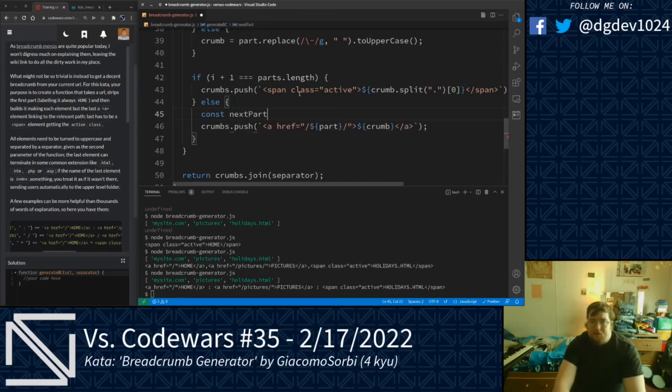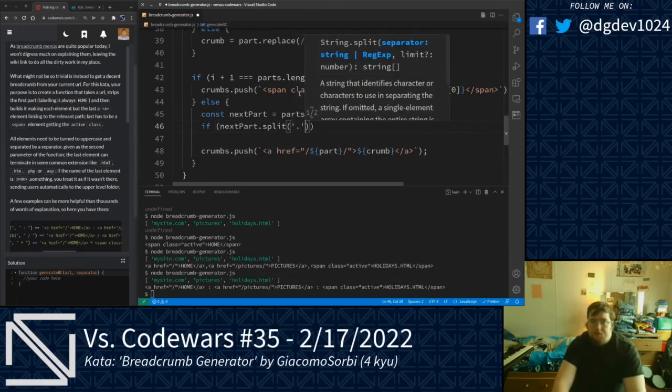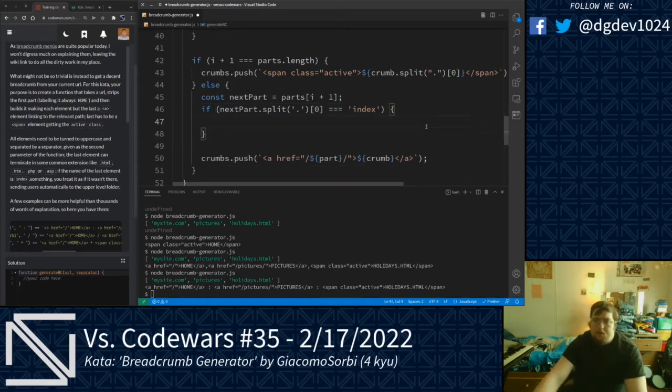Next part equals parts at I plus 1. And then if next part dot split with the dot separator at index 0 is equal to index, then what we need to do